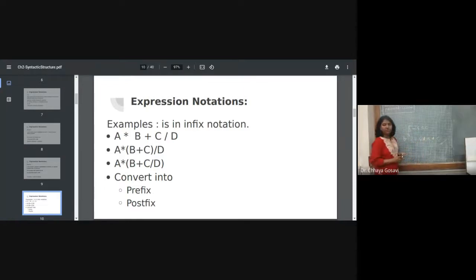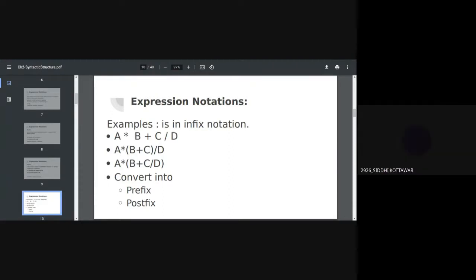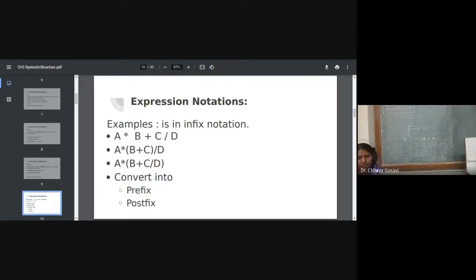So this is the expression, convert it to prefix and postfix. Is the expression visible? Yes, ma'am, it's visible. Yes, convert it to prefix and postfix.